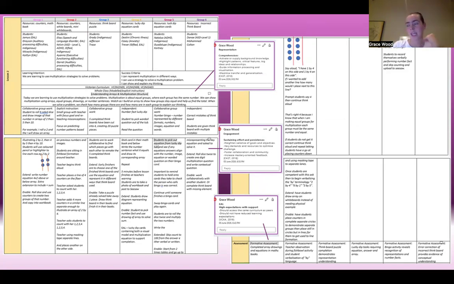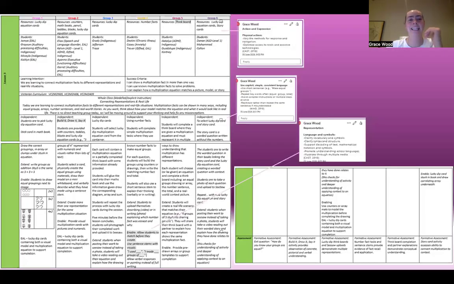And that aligns with the strategy of obviously the students are in one zone of proximal development group. However, there are students that may be having a good day or maybe having a bad day or maybe getting it a bit quicker. So having that extension and enable plan is really important to both enable and extend the students. And in lesson three, the students are becoming a bit more independent and they'll be growing into creating their own think boards, doing their own sentences when it comes to group five and group six. And then group three is the lucky dip cards.